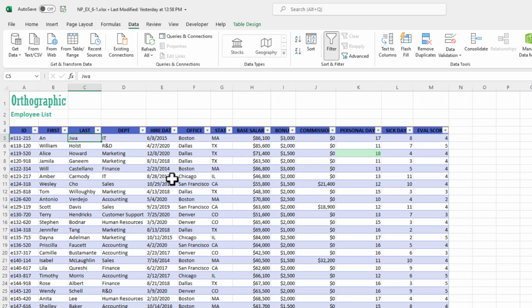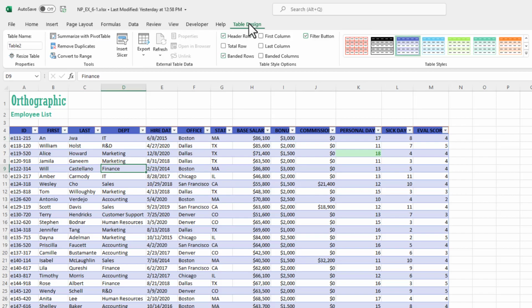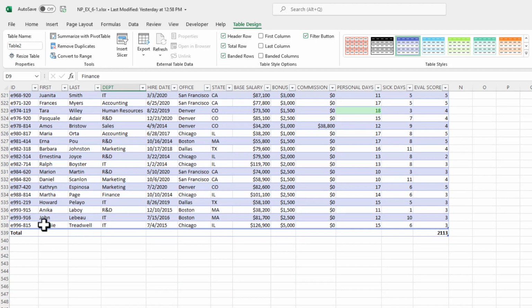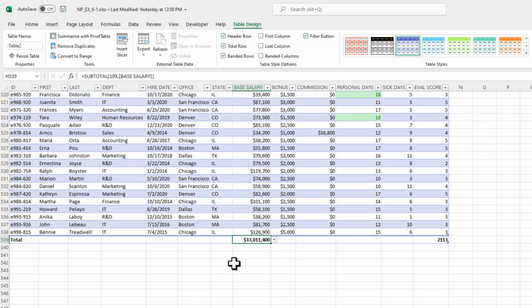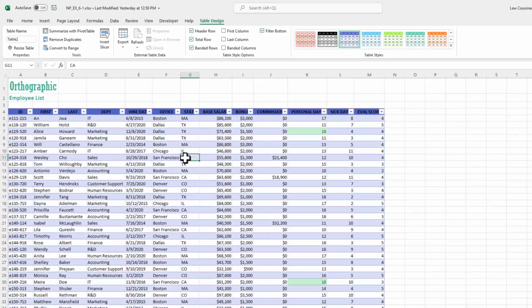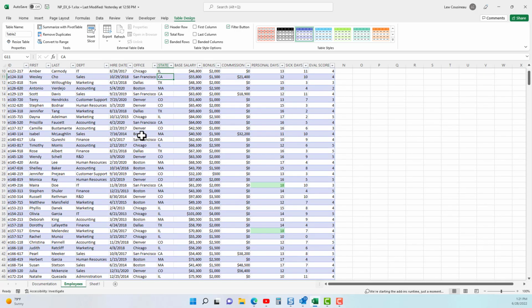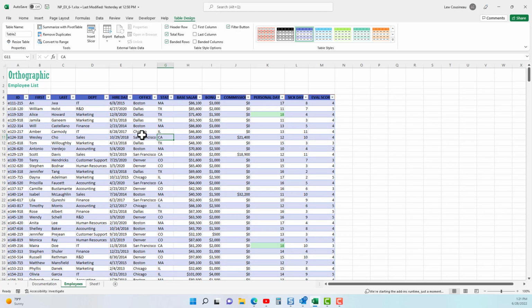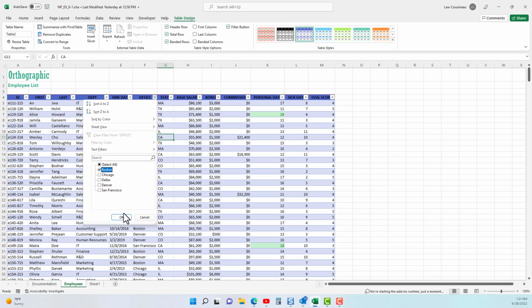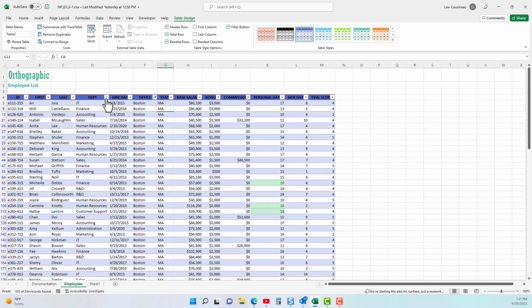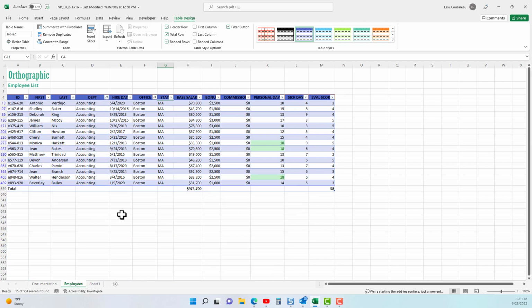And the last thing we'll talk about with filtering is that notion under table design of the total row. We talked about this when we created the table. At the very bottom, I have a total row, and just for fun on the base salary, we're going to sum the base salary. So it's $33,011,400. Filters can change or will change that answer on the total row, and that's the reason it's the subtotal function rather than the sum function. So again, I want to add up the base salary for the Boston accounting department. So there's Boston, here is accounting, and now notice it's